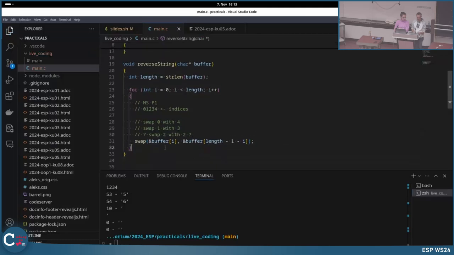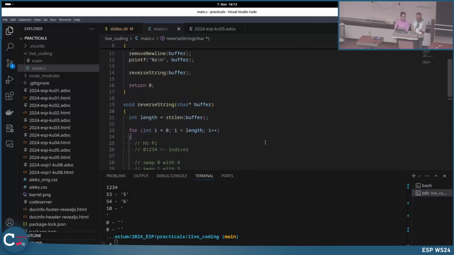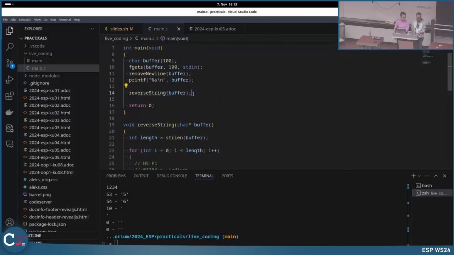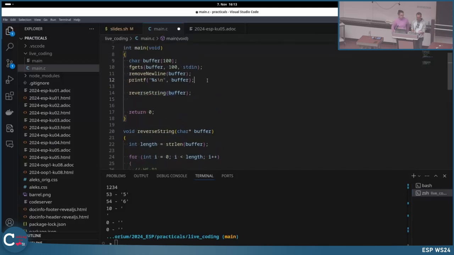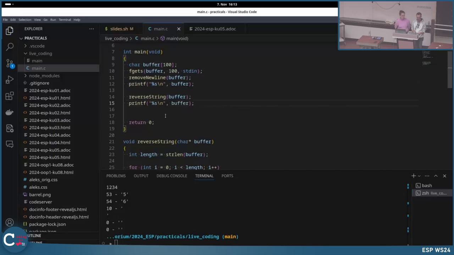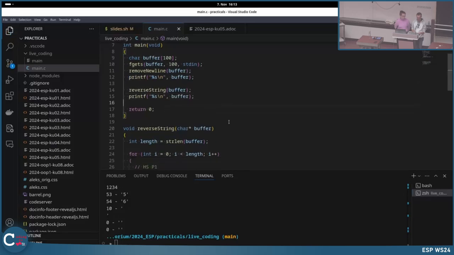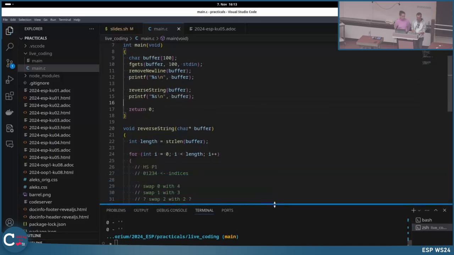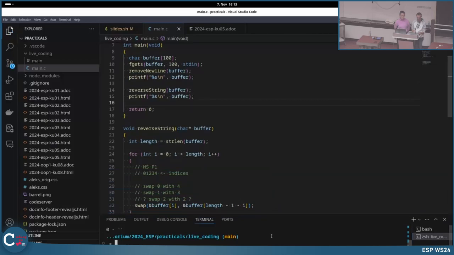Then we do not need to return something from this function because we had call by reference. So we can just say, okay, this works. We iterate over the string, swap everything, and we get the result here in the main, and maybe we copy the printf. And now we are hopefully done. So before we execute it,